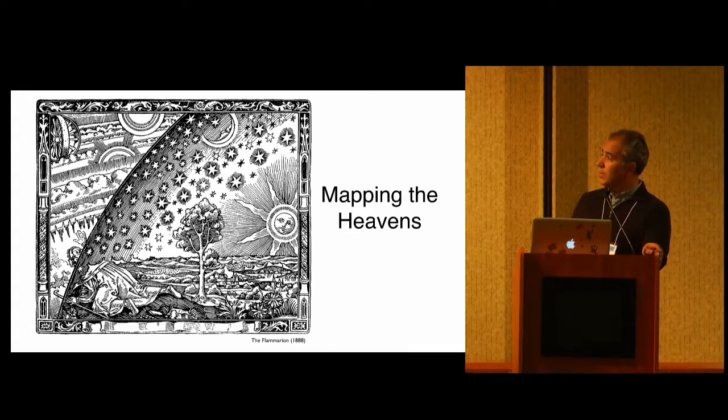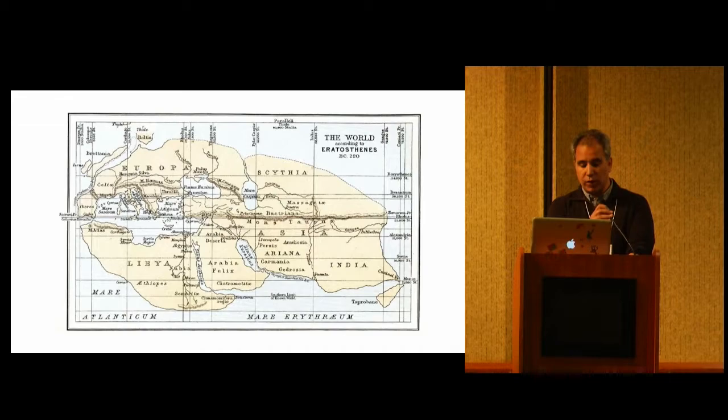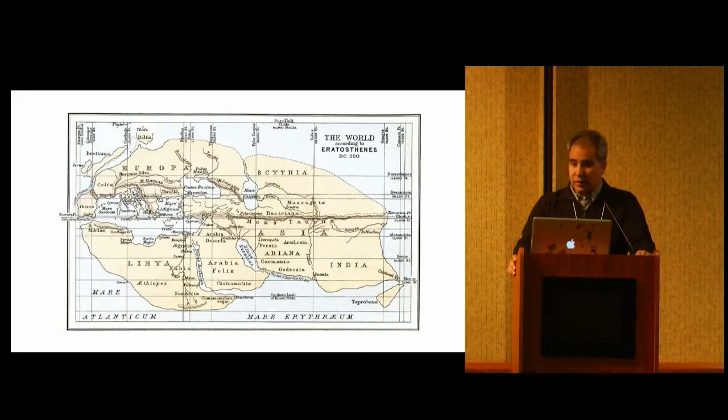But as humans, for centuries, we've been trying to actually make maps, right? So we want to understand how everything is distributed. We wanted to understand the geography of our planet. And this is a map from Aristotle from 200 BC. That was the current understanding of the universe. And you can see parts of Europe, Libya, India, and other places, right? So we have come a long way since then.